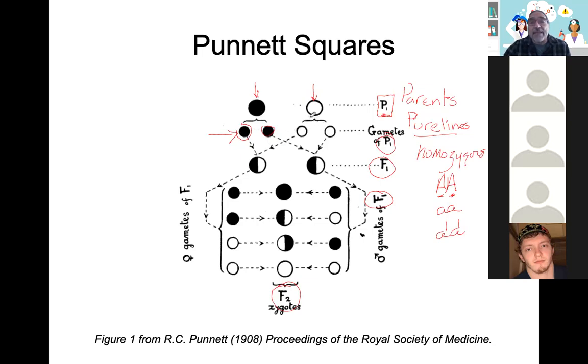And these gametes, if we took a pure line black and a pure line white and mated them together, we know that the gametes would get one copy from black, one copy from white. So therefore the F1s would be half and half. What we now know, and of course, we say they are heterozygous,